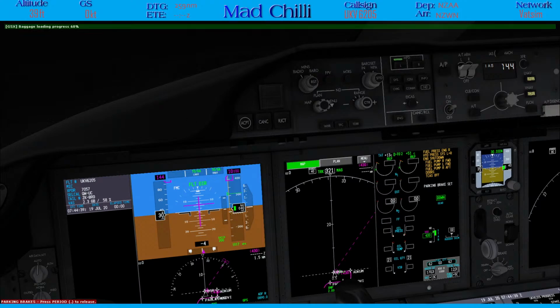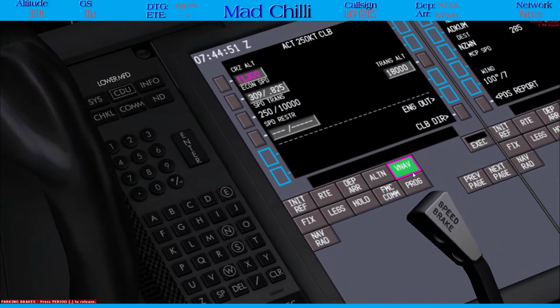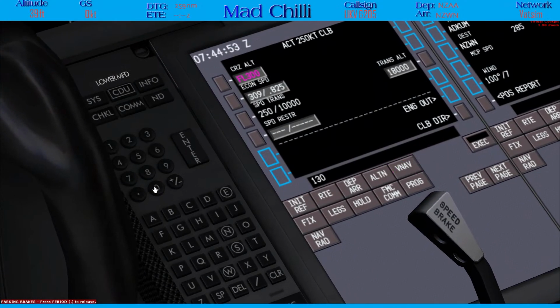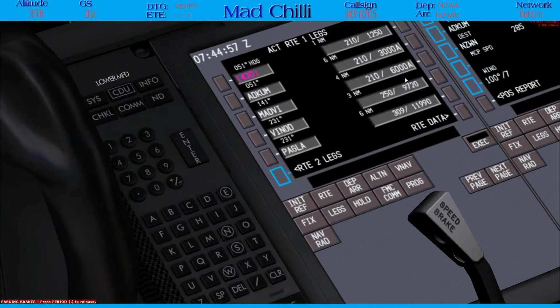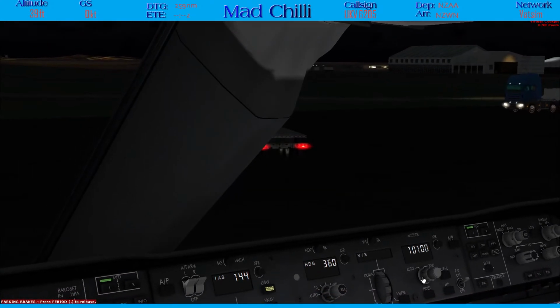It says contact Auckland approach as soon as we pass 1500. Nothing about a climb, nothing about an initial climb. Transition altitude is 13,000. I have no idea what our initial climb is, though. He honestly didn't say. 3,000 or above, 6,000 or above. There's no altitude restrictions then. So I'm just going to have to...